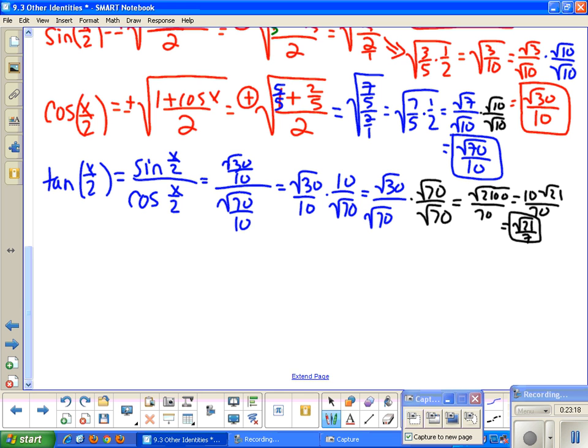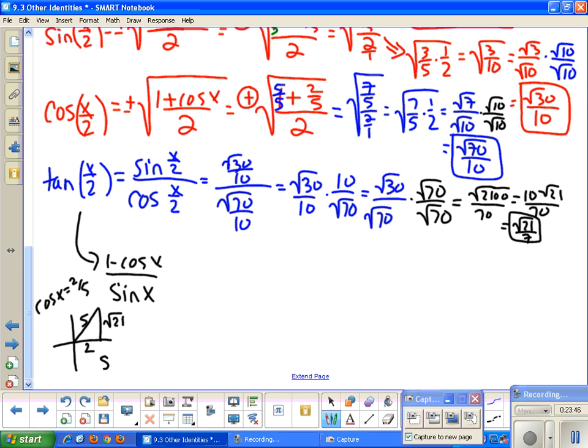Let's say I wanted to actually use one of the tangent half angle identities. So another one I could have done for this is 1 minus cosine x over sine x, and in this case we would actually have to figure out what sine x is equal to. We would know that we were in the first quadrant because we found that earlier, and I know that this is 2/5 because we were given that the cosine of x was equal to 2/5. So if I want to find sine, I would figure out that this is root 21, so the sine of x would be equal to root 21 over 5,